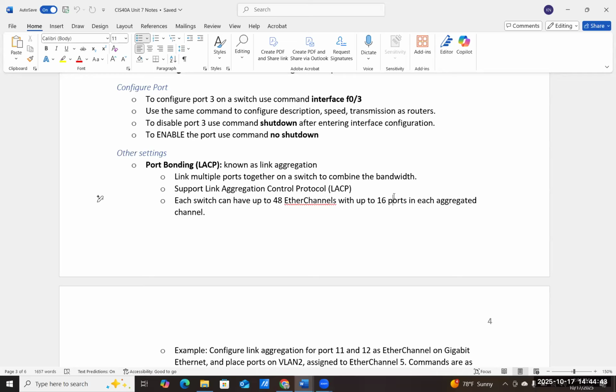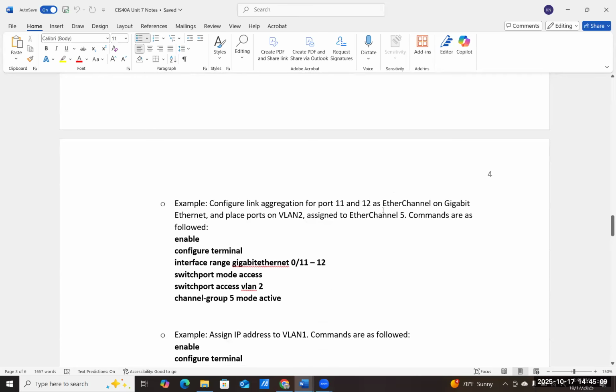Okay. So now here it says each switch can have up to 48 EtherChannel, and so we can take 16 of the 48 and we can aggregate them together by the channel, because ultimately they're just electrical signals. And we're combining the electrical signals so that way we just take each of the port speed and multiply it by 16. So that way we can elevate the speed. Okay. And you can do 2 ports, you can do multiple, that's really up to you, and we do this also for